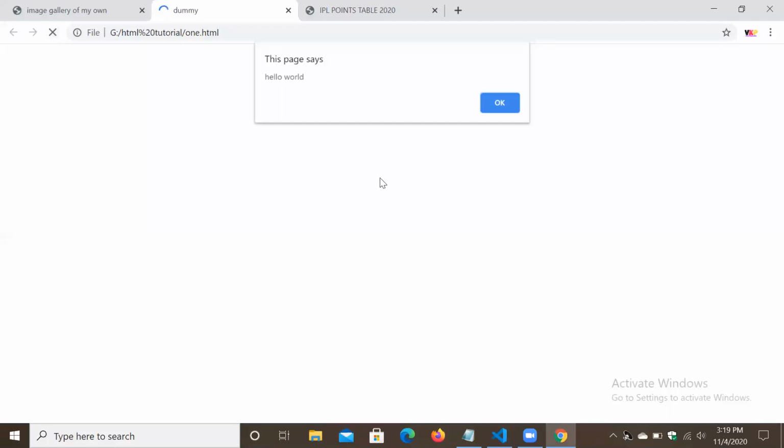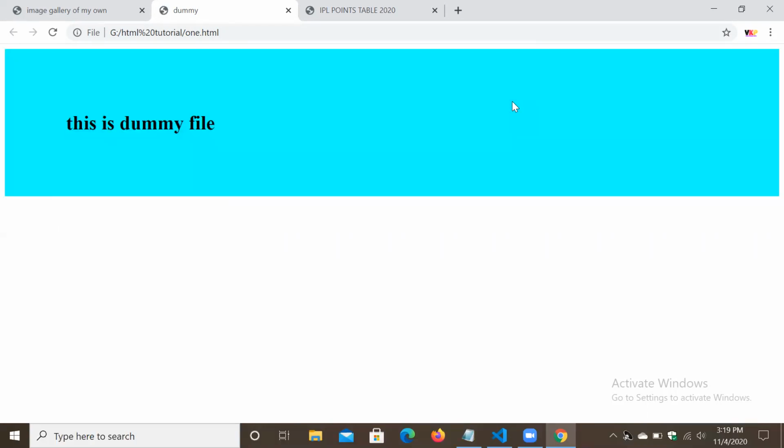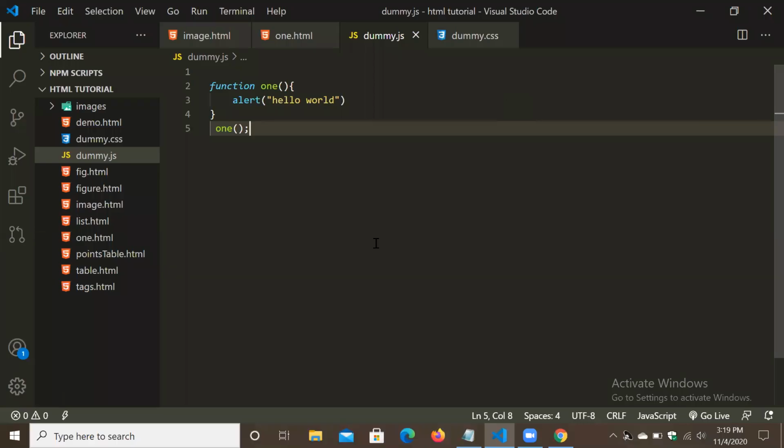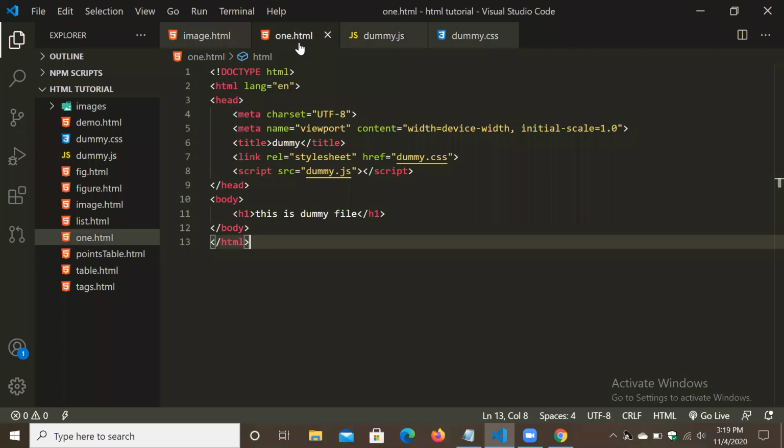Yeah, we got this. So this is how we can add an external JavaScript file in our HTML file. That is how we can add external JavaScript also in our file.